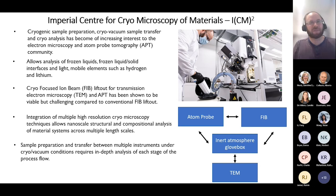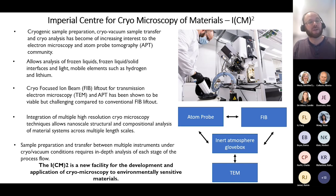So this is part of why I wanted to have this as a thing of record, to be able to have a big think about exactly how we do all the sections. And this is one of the things the facility is trying to do, develop these protocols to be able to apply cryomicroscopy to lots of different